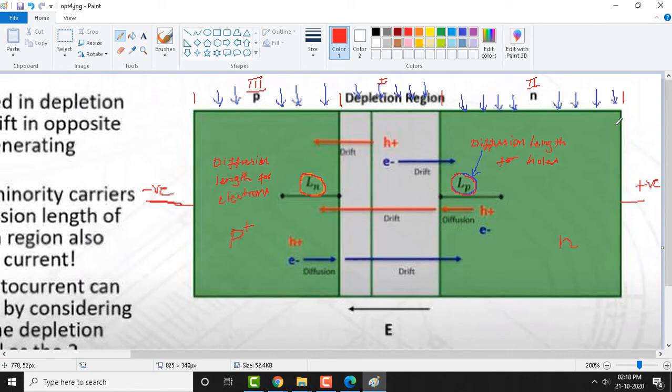Holes cannot travel to the edge of the PN junction. They can travel only some distance here, so that is why this is an average distance. The definition is the average distance a hole can diffuse or travel before it recombines with the electrons. That is the definition of LP. On the P side, we have the average distance an electron can travel before it recombines with the holes, that is Ln. So Ln and LP are very important to understand the interaction of these photons here.